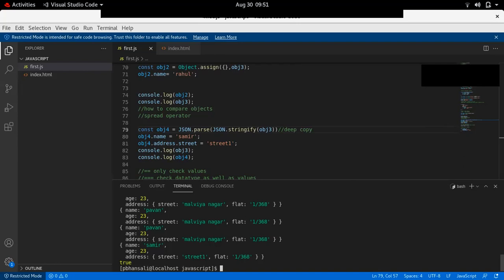Now you can see for object3, the address street is still Malviya Nagar, while object4 has the updated street, street 1, because now we are using deep copy. Okay, got it. Yes, I knew that one before, but I didn't know we call it deep copy or deep cloning. Yeah, that is called deep cloning or deep copy.